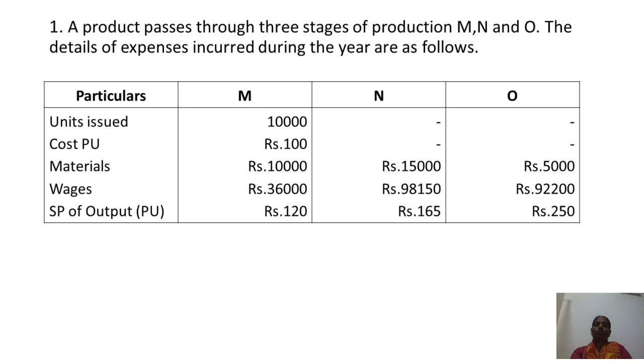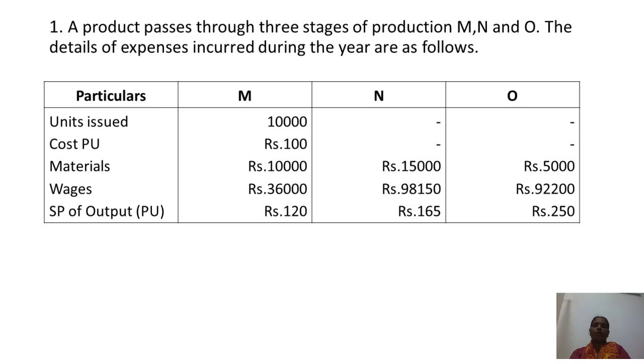In this manufacturing unit, three processes are involved: M, N and O. For the first process, that is M, 10,000 units of material have been issued, and for each and every unit the company is spending 100 rupees. Then for the process M, materials are 10,000, for N it is 15,000, and for O it is 5,000. In the same way, wages for process M are 36,000, for N 98,150,